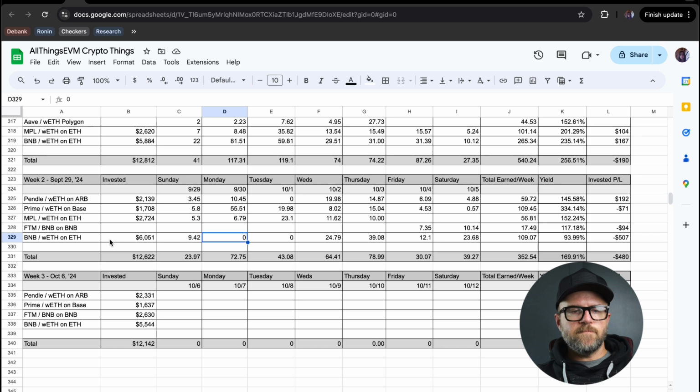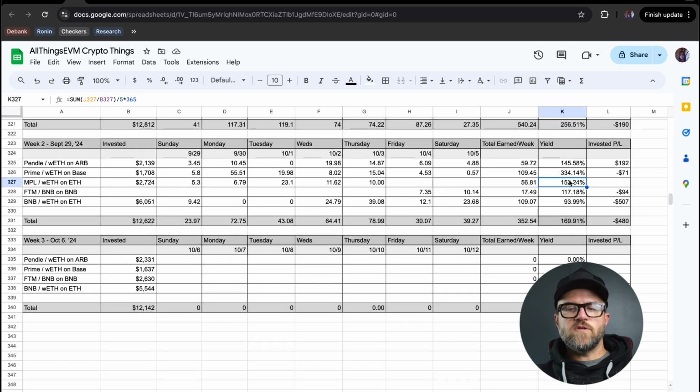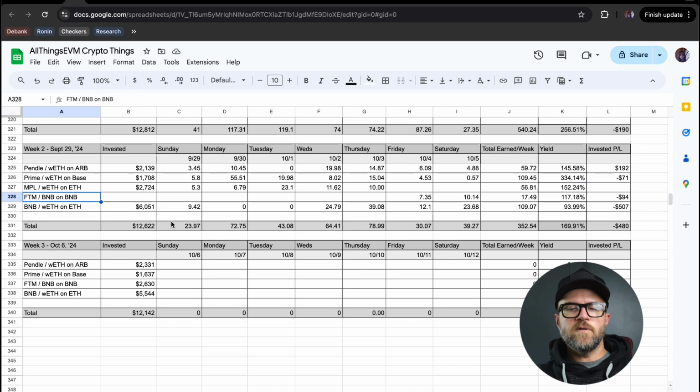The pools that I'm in started the week with Pendle to wrapped ETH, Prime to wrapped ETH, which is a gaming token on the Base chain, and Maple to wrapped ETH on the ETH chain. I did get out of this position late last week as I wasn't making the gains that I wanted to, only 152% yield on that for the last 2 weeks. And let's see, just to make sure, yes, that is the case. 200% the first week, 152% the last week, and I got into this new Phantom to BNB pool,